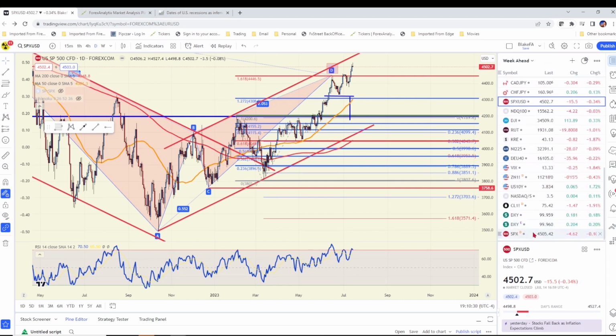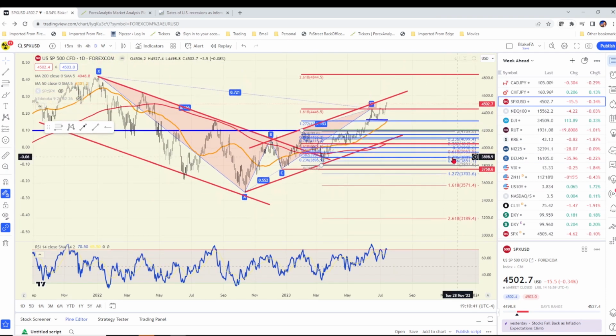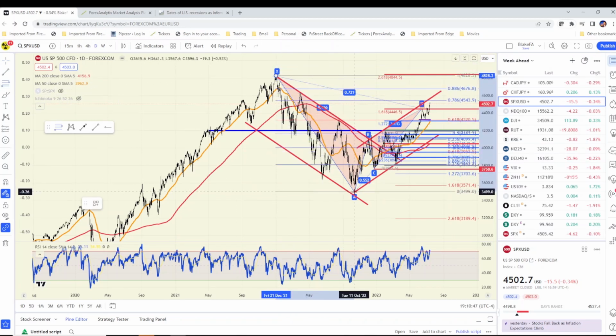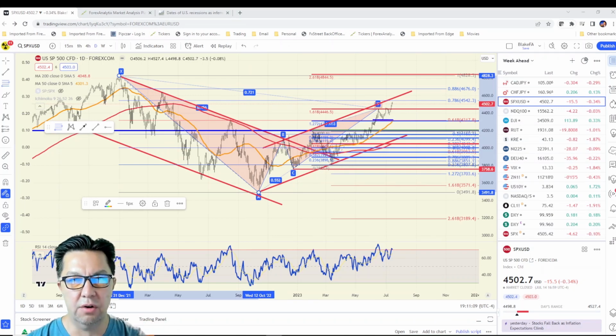Now, I want to talk about the S&P because we did not get a reversal this last week. We pushed higher into the channel resistance, and now that we're at channel resistance, we are just pips away. You can see the high low here. We're just pips away from the 78% retracement, long-term retracement in the S&P. If we start to get a little bit of a pullback in the S&P, that could firm up the dollar, at least against certain currencies. You might see the dollar really strengthen against perhaps the Aussie dollar, perhaps the Kiwi dollar. You might see the dollar just start to firm up against certain currencies.